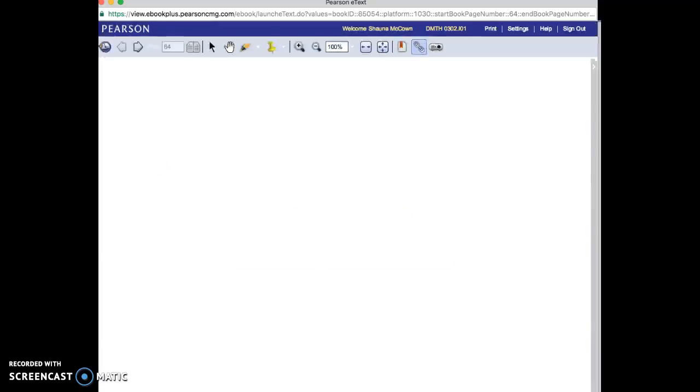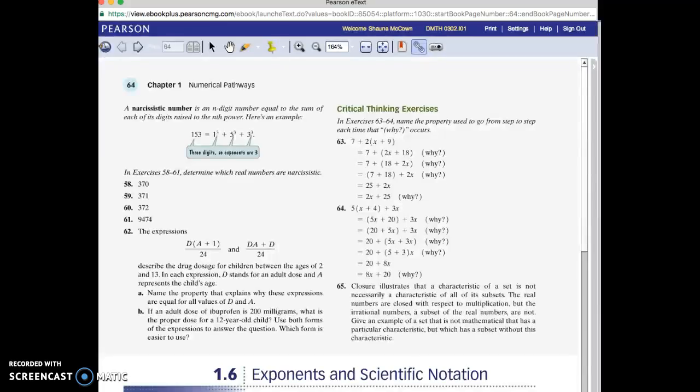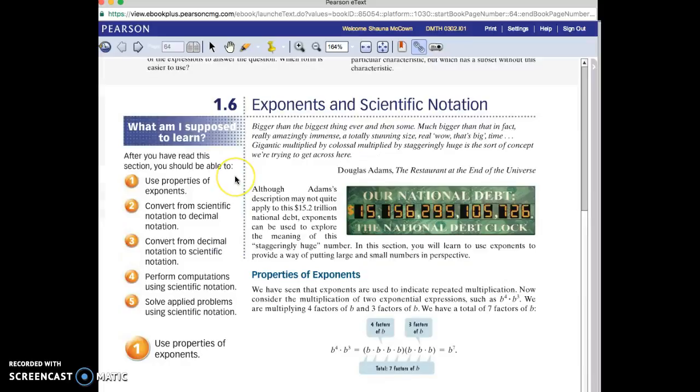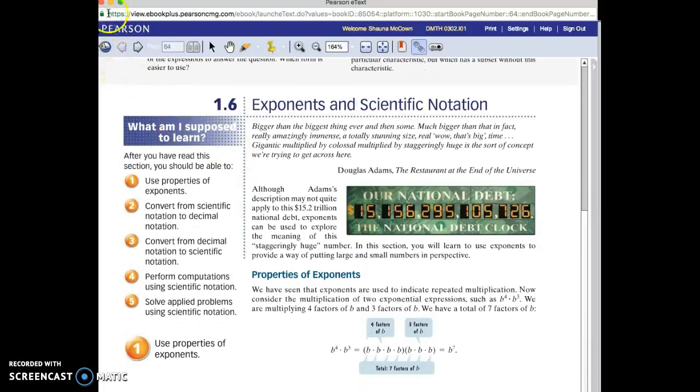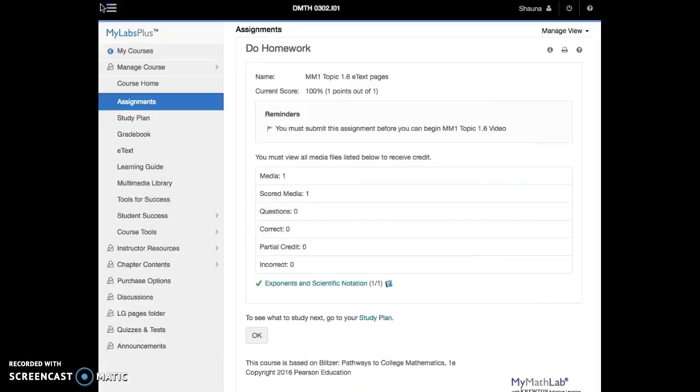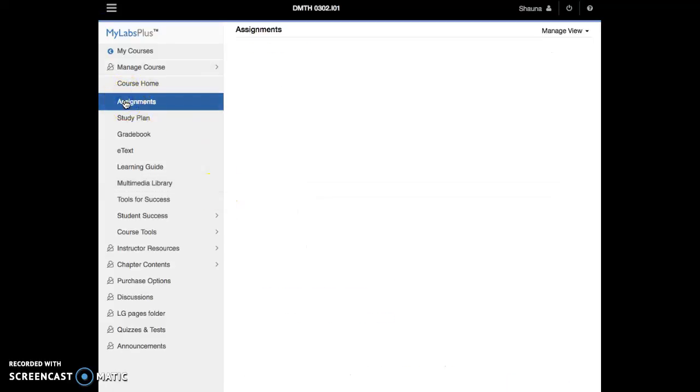Now you do have to open up those textbook pages in order to move down sequentially with the prerequisites, but you may not need to read through all of the textbook pages. If you feel like that you don't need to read all those textbook pages, then you can just close those and move on. So I'm going to go back to my assignments,